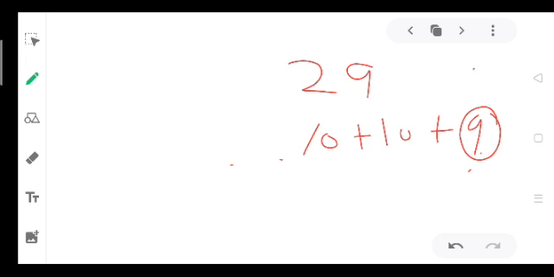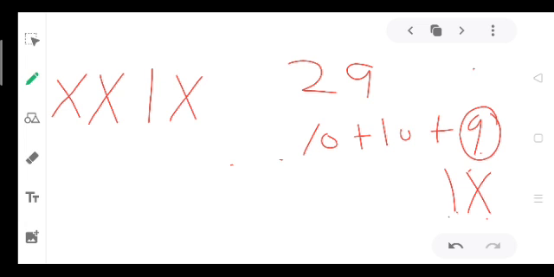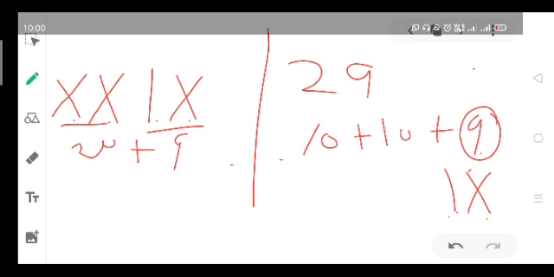Same way you can write 27. Now come on, 29. How will you write 29? 10 plus 10 plus 9. We are not having any Roman numeral for 9, so what we will do? Firstly we will write 10 and minus 1, IX. So it will become 10, 20 and 9. 20 plus 9. So XXIX is for 29.